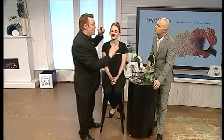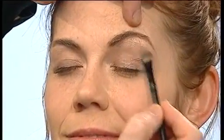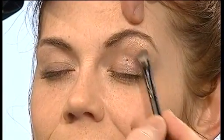Some ladies like a little shimmer just underneath the brow bone, so you don't want shimmer on the lid because it might make the eyes look crepey or more lined. As we get older, the lines and the wrinkles will appear on the lid here. Very rarely do they happen on the brow bone, because obviously you've got that bone there, so it's actually a smoother part. So what you can do is then just run a little shimmer. Just watch this. This is so pretty. We're getting right and close on this. Look at this. Oh, look. Instant. Just a little bit of shimmer through the brow bone there to give it that real lifted look,